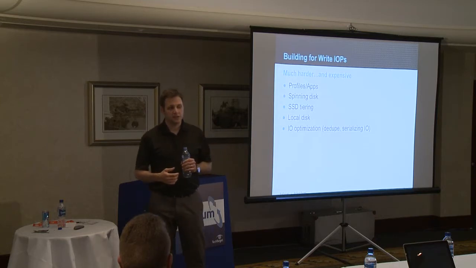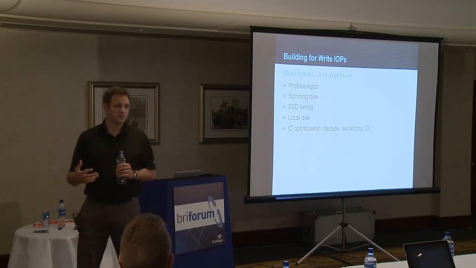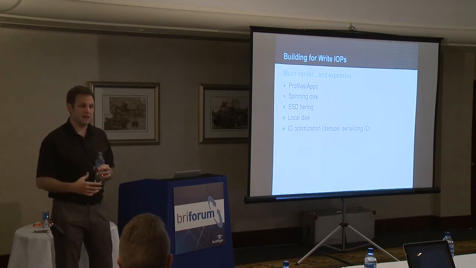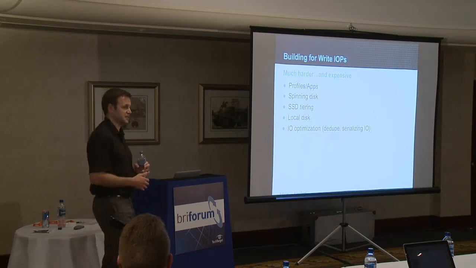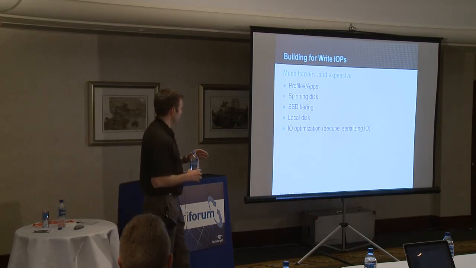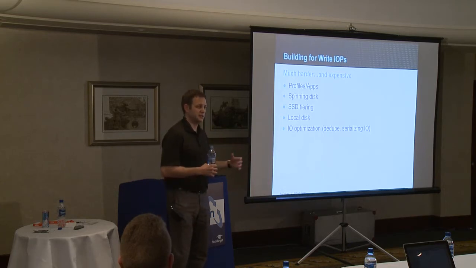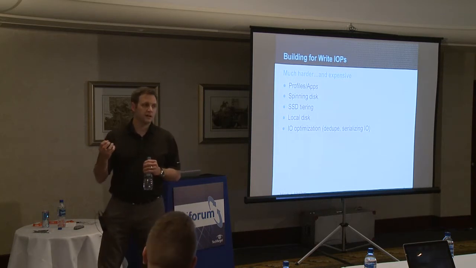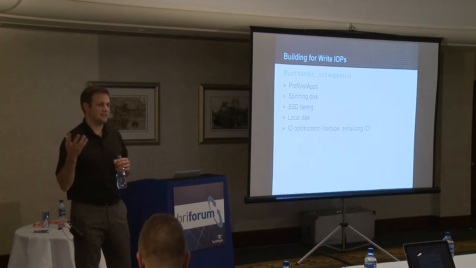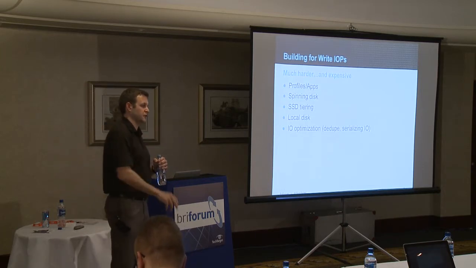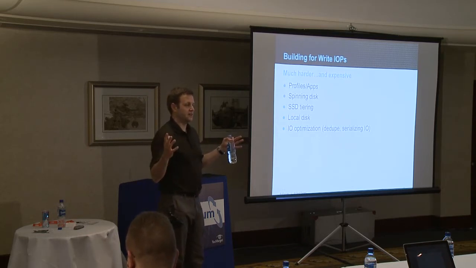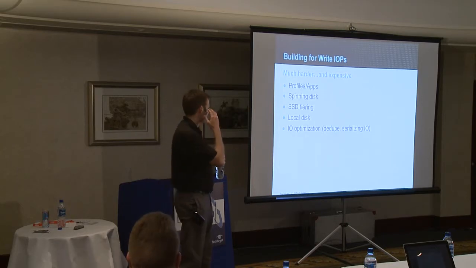In building for write IOPS, what I see a lot of customers still doing is just adding spinning disk. It's very expensive, but it's a tried and true, proven method. If you're doing the math, you can absolutely add enough spinning disk to satisfy the disk load. Using solutions like I talked about before, like SSD tiering, doing that at a sub-LUN level, so tiering blocks of data up that are being read more frequently. Most of those solutions also then use that top tier as where all the writes go, and then they trickle it down over time. But that provides us typically a larger landing area for our write IOPS on disk that can handle thousands of I/O per second versus a couple hundred.